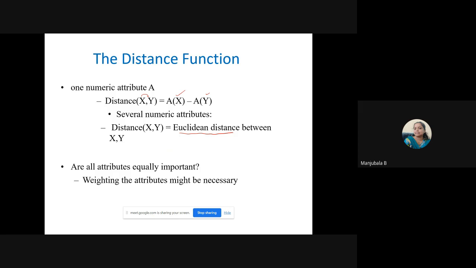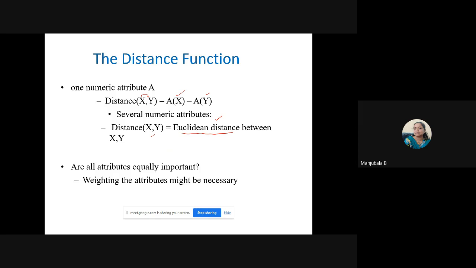Again, there are L1, L2, L3 norms, mathematical functions. So you can use those to find the distance between the two points. Here I am going to discuss only the Euclidean distance, and how to use it to form